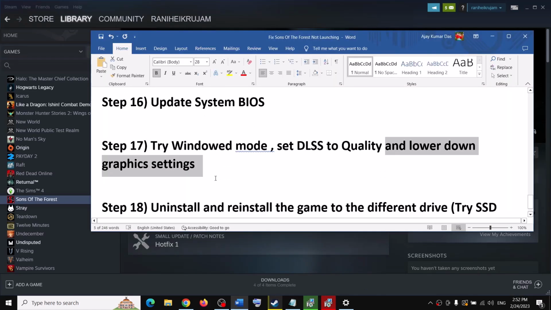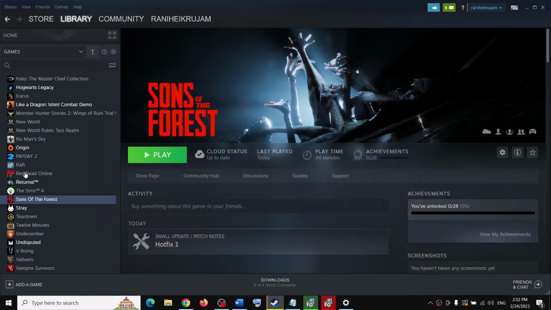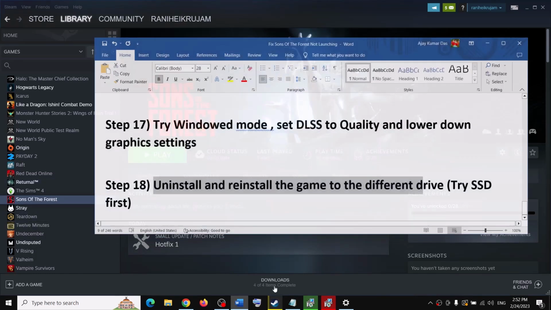Now the last step is to uninstall and reinstall the game to different drives. So uninstall the game, make a right click, then click on manage, then click on uninstall. Now go to the game installation folder, delete the game folder, restart your computer and then reinstall the game to